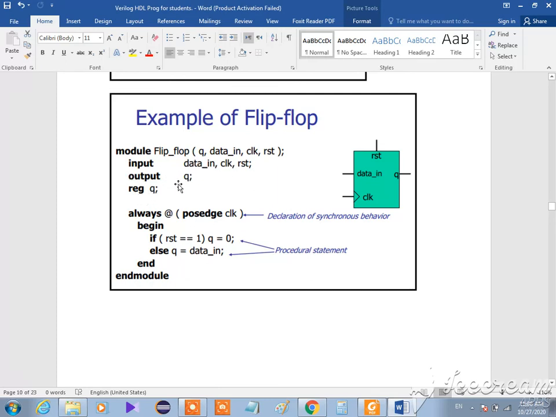And also we know that we need this output as a register, so we write it as a register here as well. And here we write our always block. This is our initial block, and this is our always block. In our always block we need one condition, so we write posedge clock. It means that when the clock reaches the positive edge, let me write